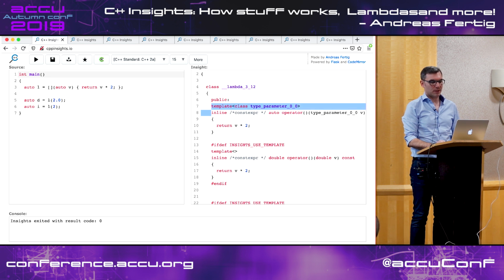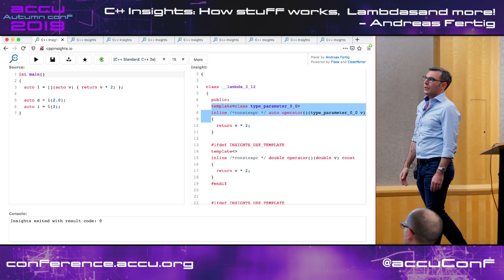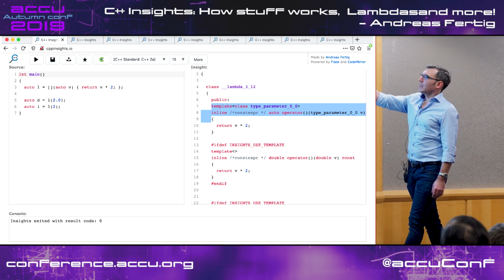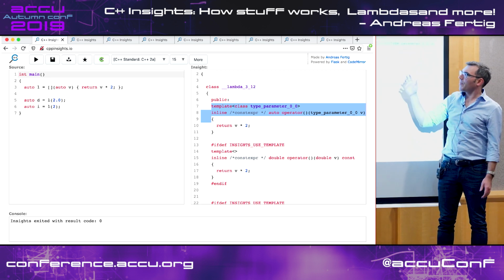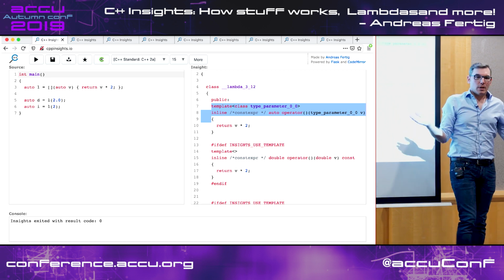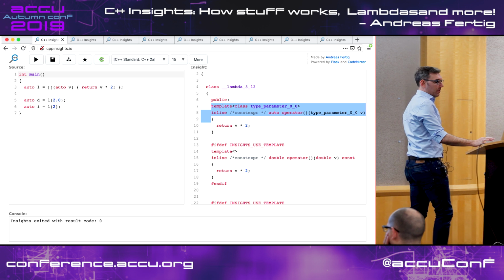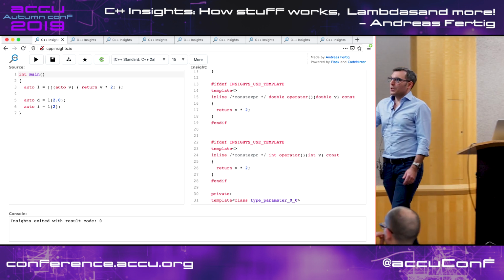look at the call operator. Our call operator has now become a function template or a method template. It takes one parameter of type name something, and with that I can instantiate that lambda and specifically that call operator, as we can see below here, with different types.